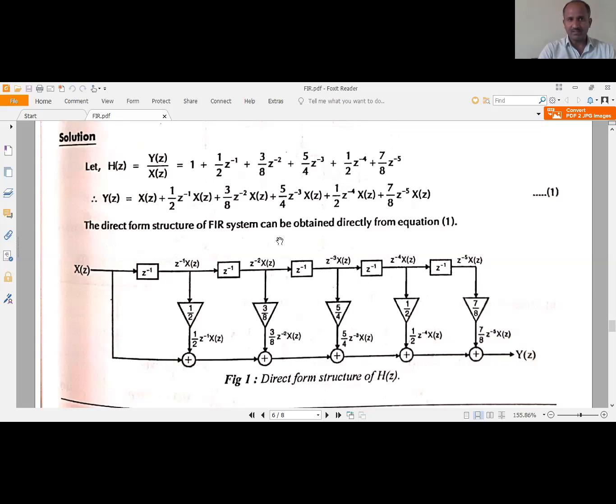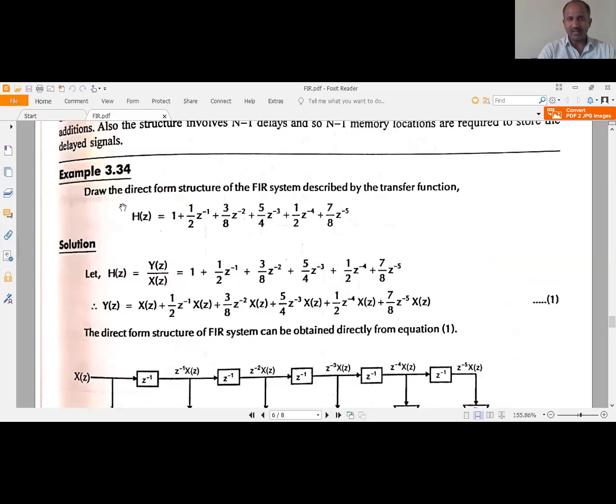And the second one is, so this question is over. So draw the direct form structure of FIR system described by the transfer function. Like this, the equation they will give for this first. You have to write h of z equal to y of z by x of z, and you have to cross multiply, find the output value y of z. For this particular output, you have to draw the structure. So by considering the number of delay elements, number of multipliers and orders which are used in the structure, by considering all these elements, we can draw the structure of this FIR system.